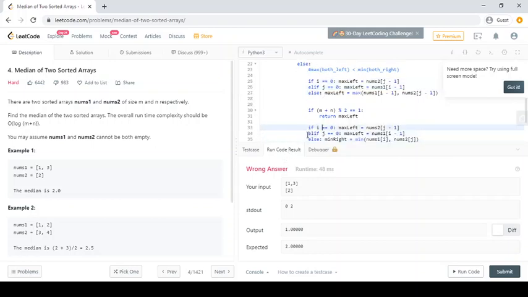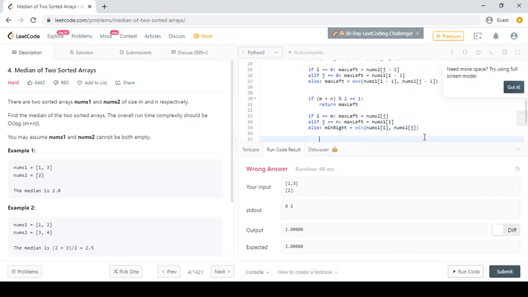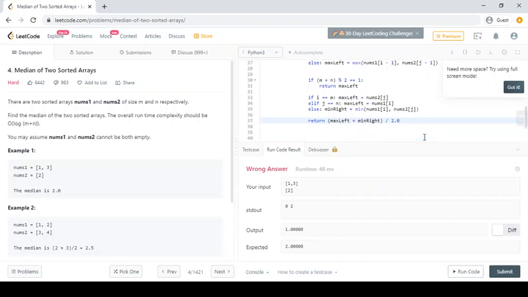It may be possible that I equals m and j equals n, which means they are out of the index. If m is 4, because index starts from 0, it will be out of range. And now we will return the median of these two arrays, because we need float values as the result.